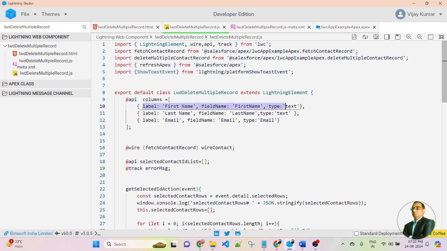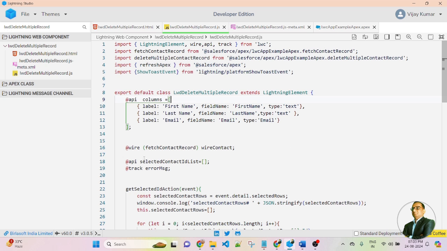There are three types of key and value I am passing inside the object, and different objects have different keys and values. So the first object I am passing for the field name first name, second for the last name, third one for the email. So inside the array I am passing different types of objects, and inside the object I am passing a structure as a JSON.